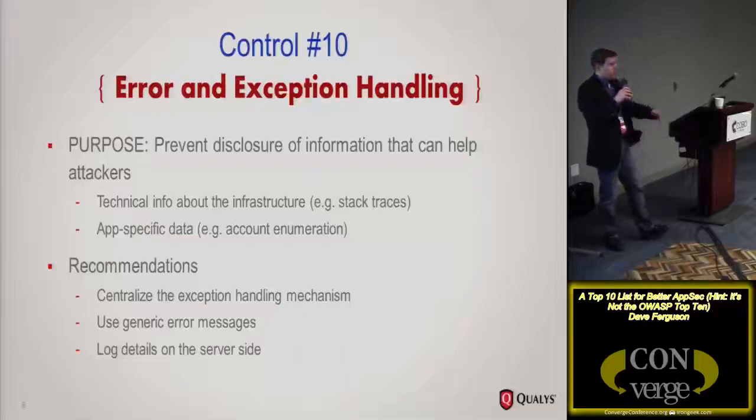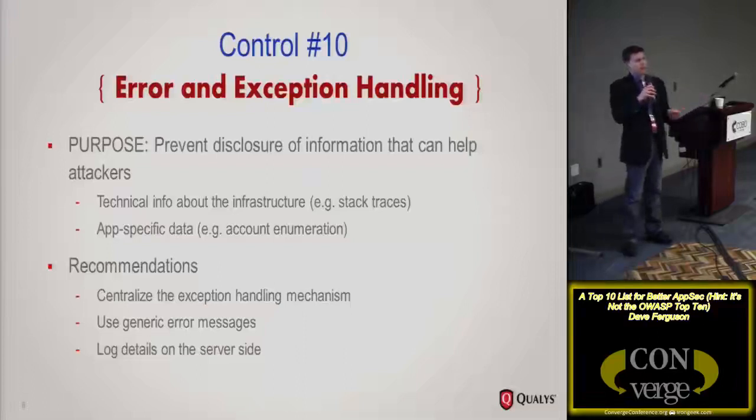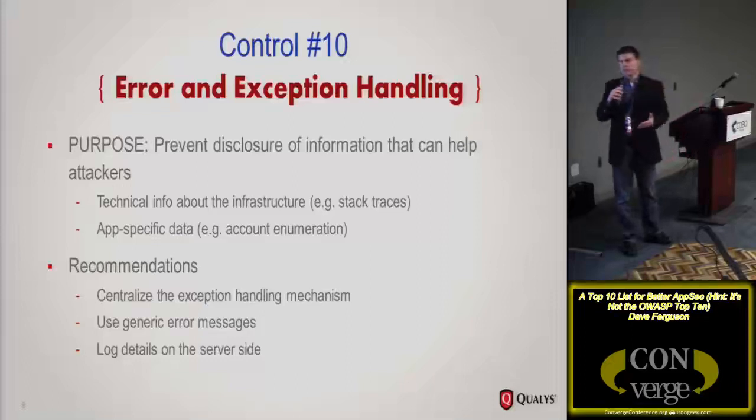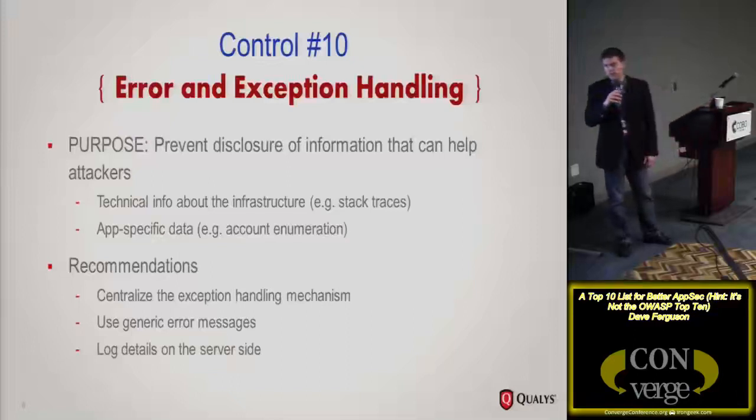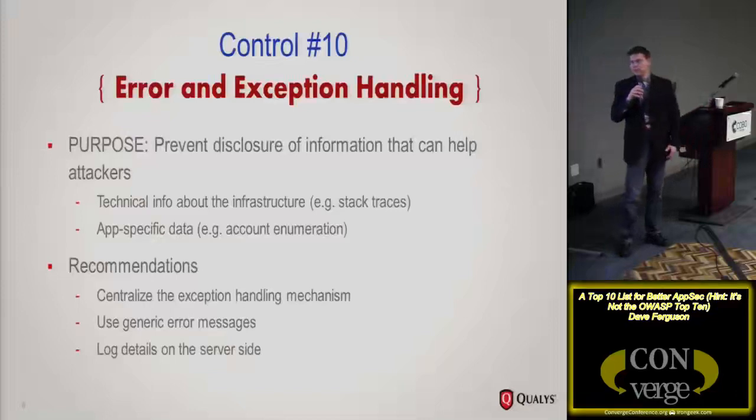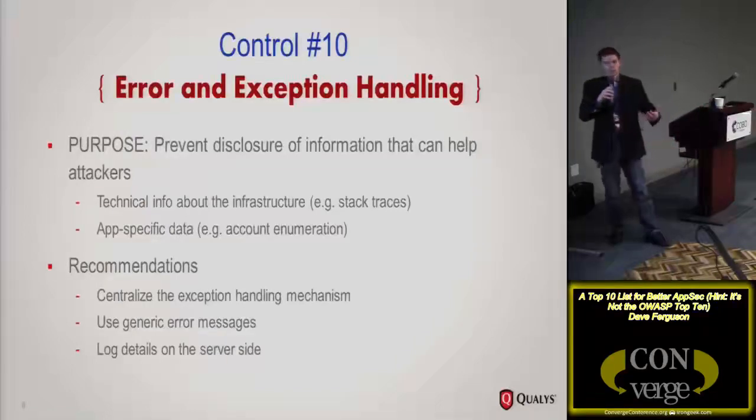And if there are errors, you can certainly log the details of the error for debugging or troubleshooting, but you should log that on the server side, and associate some sort of a reference number to that. And then you could display the reference number to the user so they could report that as an error. And then you could look up the details on the server side, but you shouldn't really be exposing that information